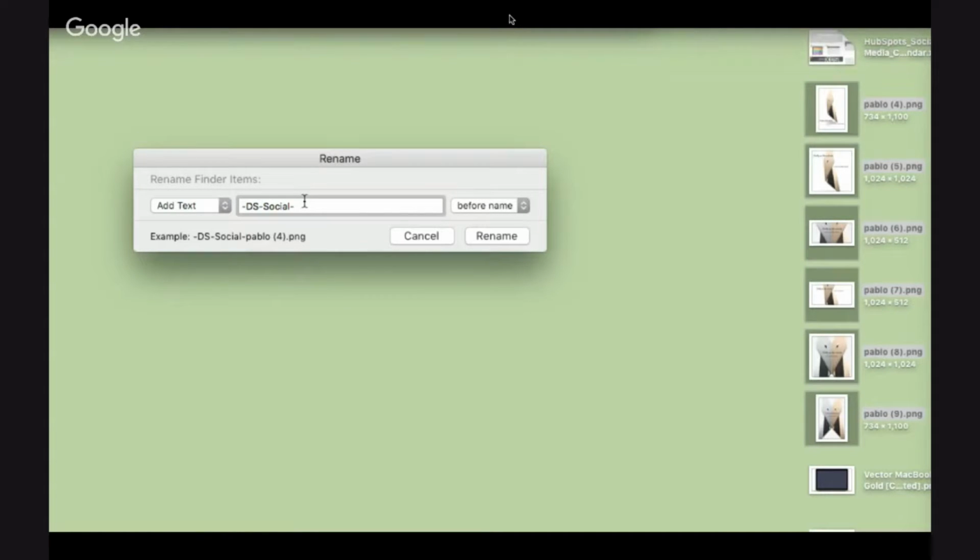So for example, let's take these images again. Now I created these images and then uploaded them to social. So what I want to do is add DS and then social right before the file name. So I highlight them, right click, and type in the keyword that I want to include. Now I'm including 2 keywords because my system's gotten a little bit more advanced and nuanced, but all I want